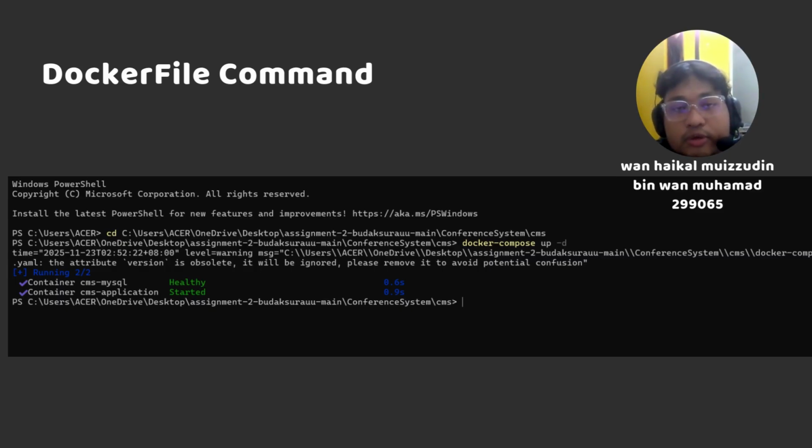Assalamualaikum warahmatullahi wabarakatuh, and my name is Michael Muizuddin bin Muhammad. My matric number is 299065. Today, for this part, I would like to run the Docker file command. First thing first, we need to download the file from GitHub, and also run Docker Desktop. And for the next part,